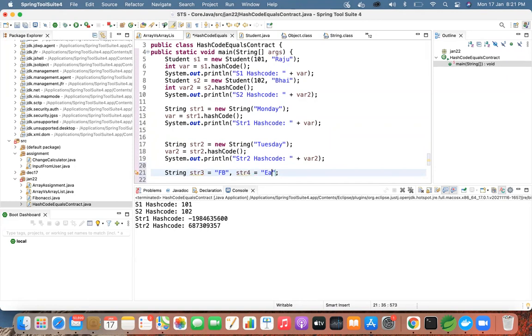And now can you just print both the hash codes either in a single line or in separate lines, your wish. But print the hash code. str3 dot hash code.